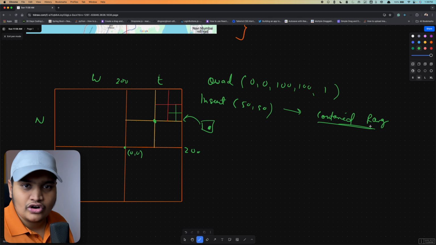Okay, now it is contained within the box. Is the capacity full or not? So here I can see that the capacity is full. So that means I cannot add it within this box. Now as I cannot add it within the box, I need to further divide the box to store it. So what I will do is I will further divide this box